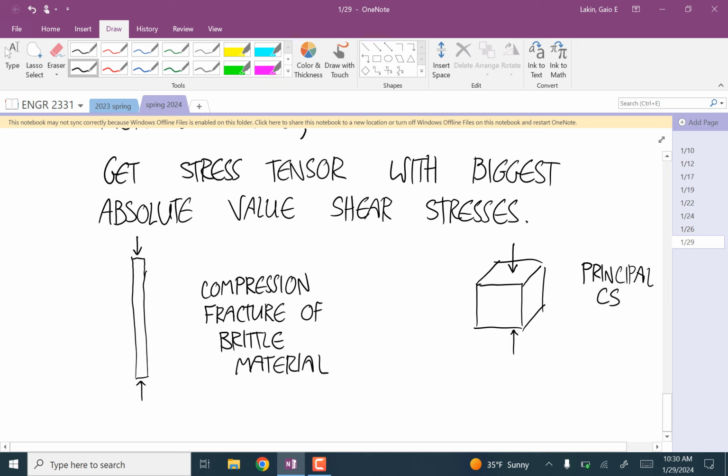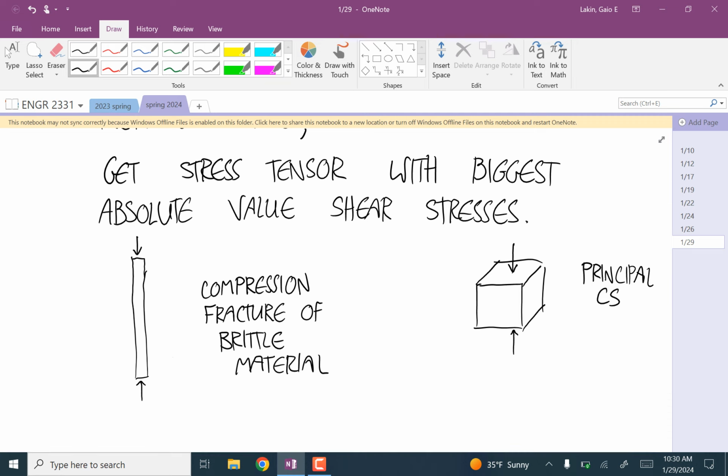You know that's a principal coordinate system because there are no shear stresses in that orientation. Okay, so if that is a principal orientation of a coordinate system for this stress,